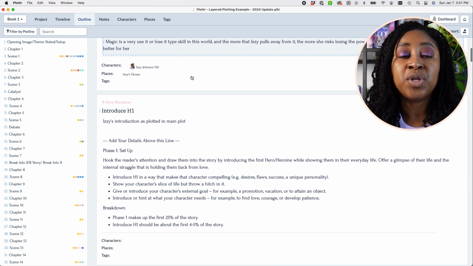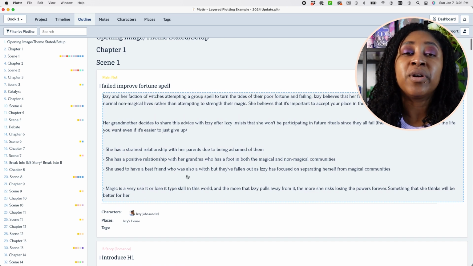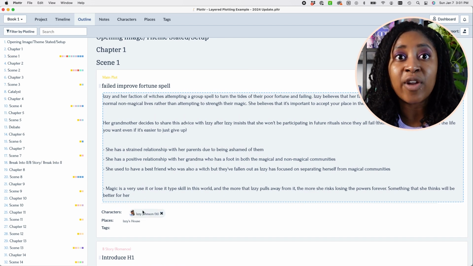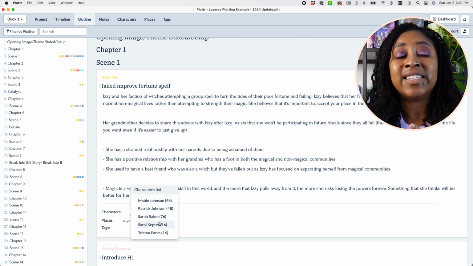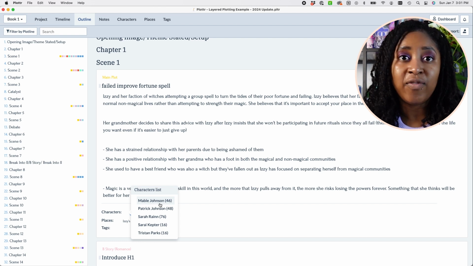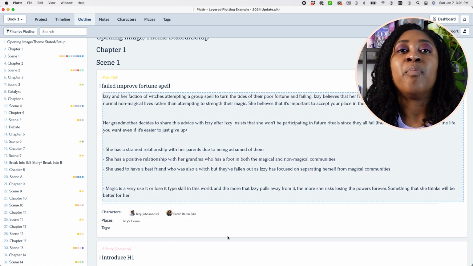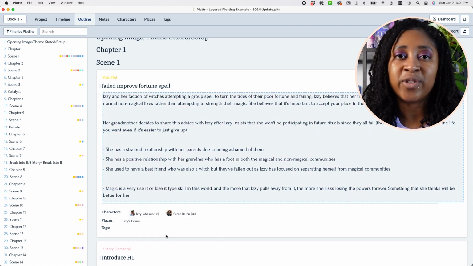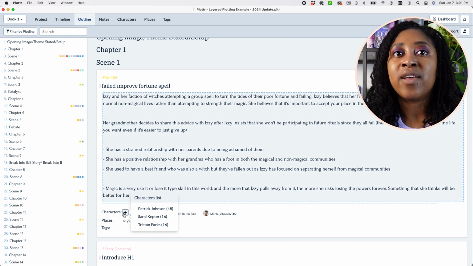But what I can also do is when I have those different places, I can also tag the chapter for the different settings that are in that specific scene or chapter. And then I can also tag the different characters that are in that scene or chapter, which is really, really helpful for me, because when I'm going in and I'm editing, for example, I did an edit where I wanted to add in more romance into A Mastery of Monsters, which is my 2025 YA Dark Academia fantasy that's coming out. So I wanted to add in more romance.